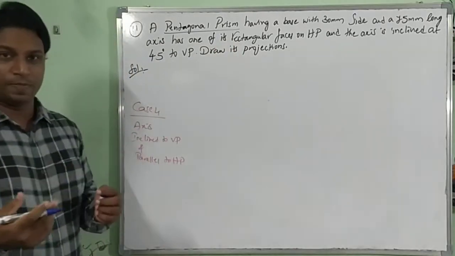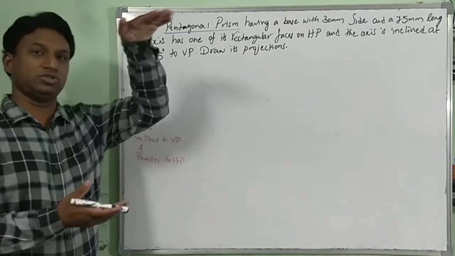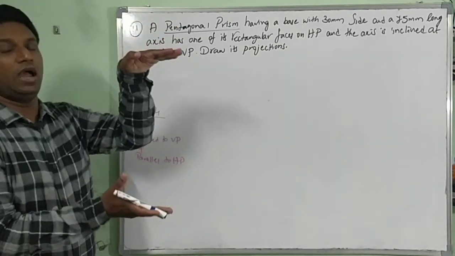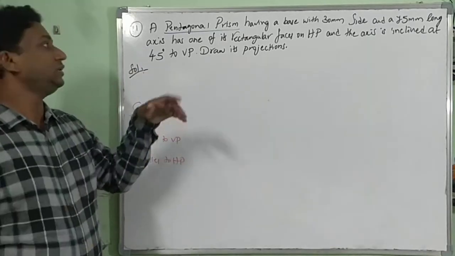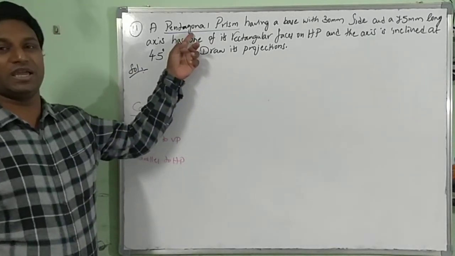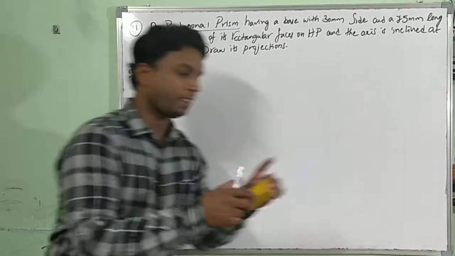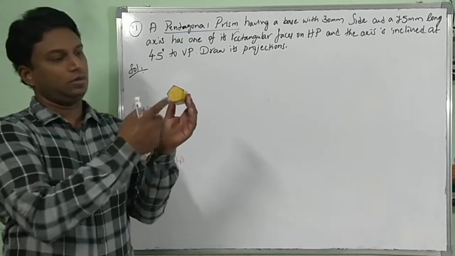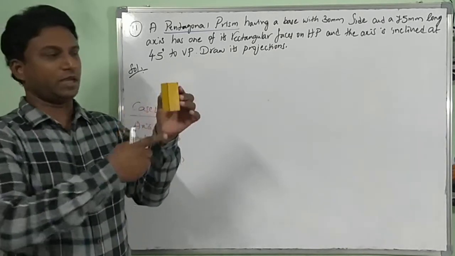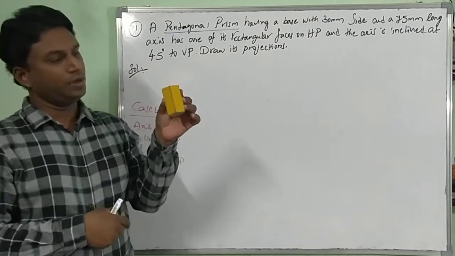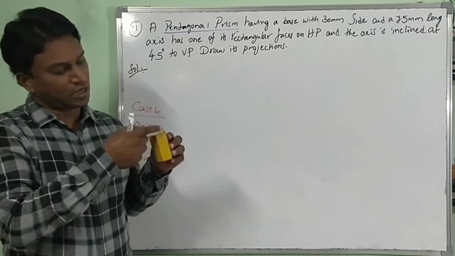What do you mean by prism? A prism is a kind of polyhedra having two equal bases, top base and bottom base, and from each side of the base rectangular faces are raised. Now the prism which we are discussing here is pentagonal, so the base shape will be a pentagon. See here, pentagonal prism, bottom base pentagon shape, top base pentagon shape. Now from each side of the pentagon rectangular faces are raised.